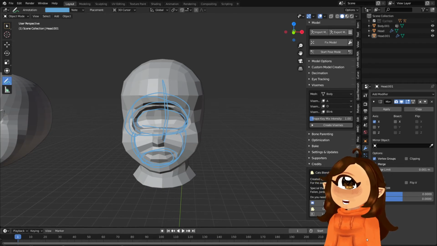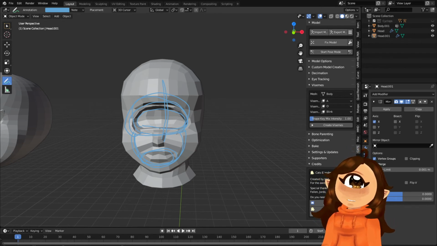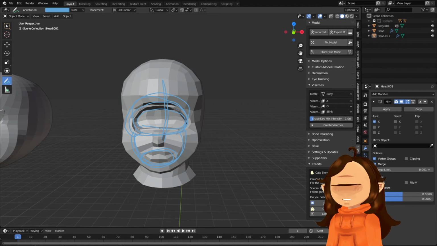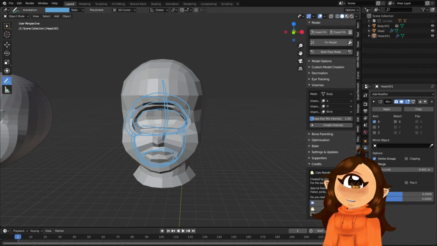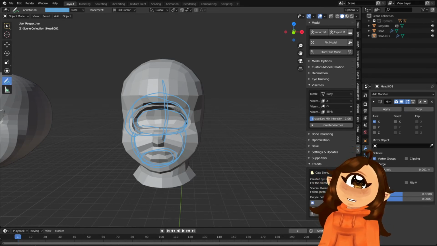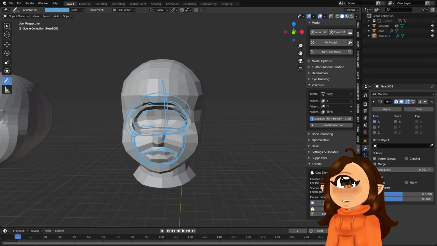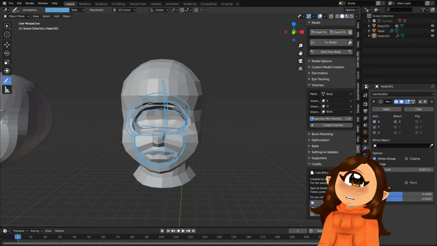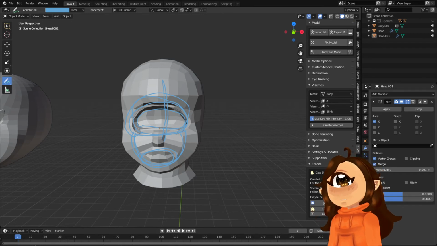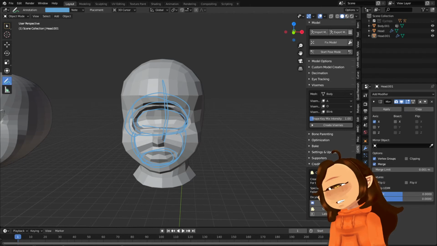So yeah, that is kind of an overview about what you want to do for the modeling phase. So keep that in mind to model the face. You can always come back to this part. You can always model a character with 2 eyes and then add a single eye on later. If you're using a Vroid model, it's probably going to be harder since Vroid models have their own way of formatting and doing things. But if you're making your model yourself,